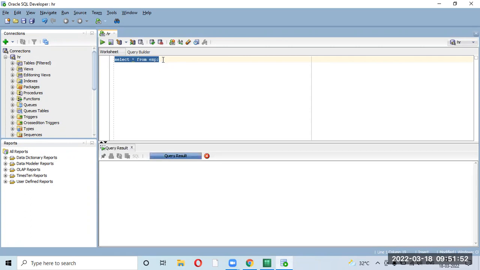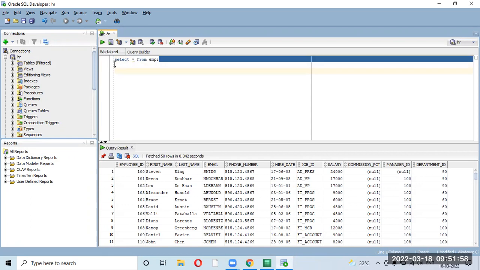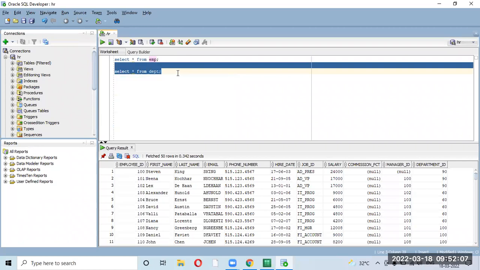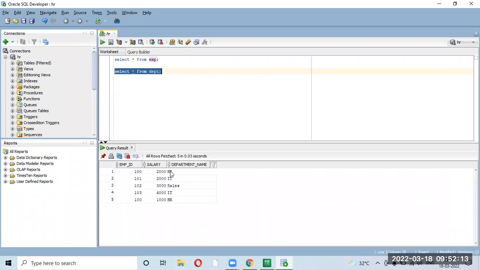I'm not joining the tables now, I'm just telling you when we will need this join condition. I'm also taking the DPT table. Here you can see department ID. Let us go into the DPT table. Department ID is not there, but department name is there, and employee ID is there.